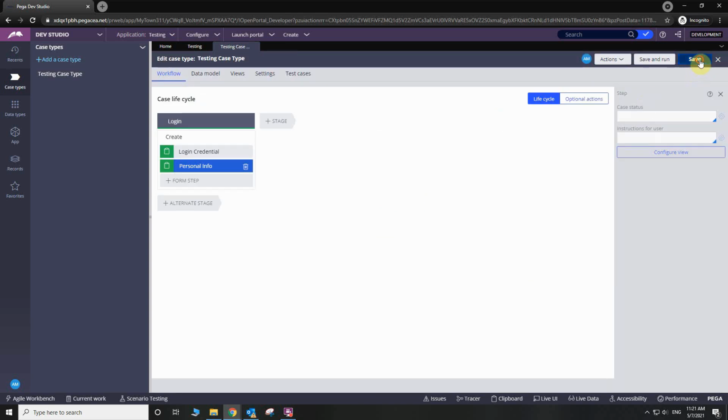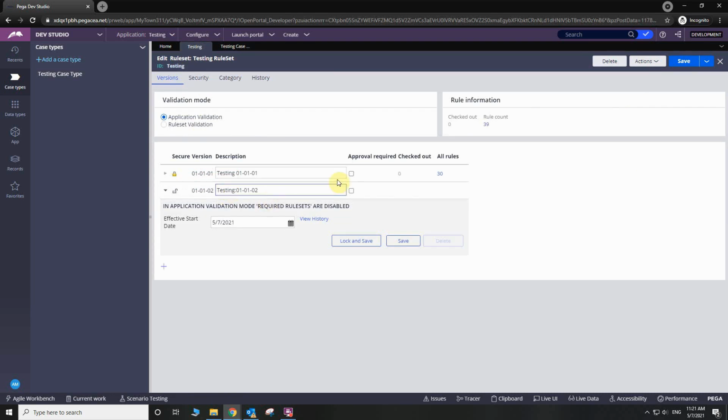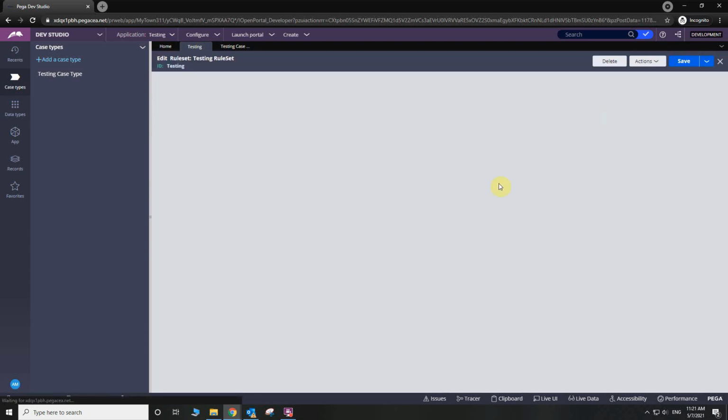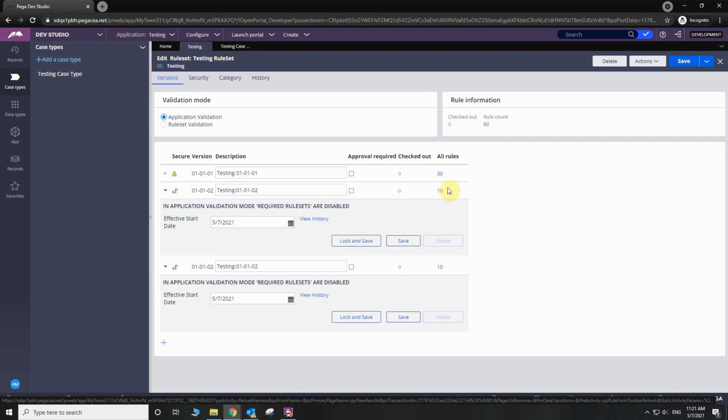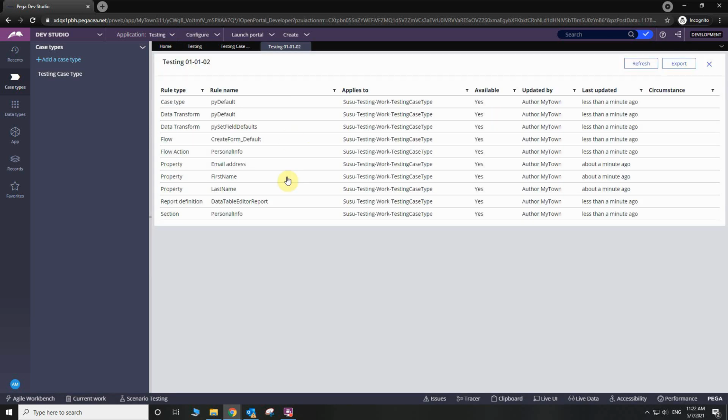Okay, let's save it. Once we save our second step, everything we create in Pega is going to generate a rule. And once we have that rule generated by Pega, we go back to our testing rule set and refresh this page, you will see we just created 10 rules. Open it. But this time, when we are trying to create a product rule for version 02, you see there's no product rule. Unlike our first version,